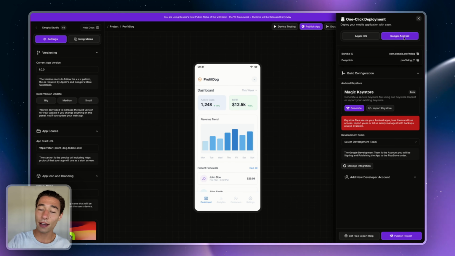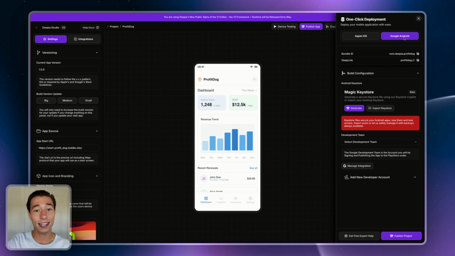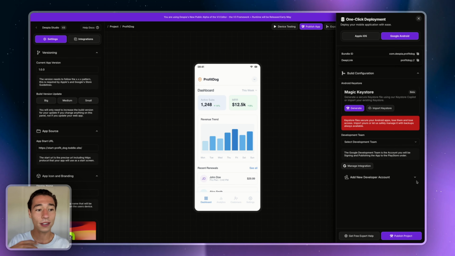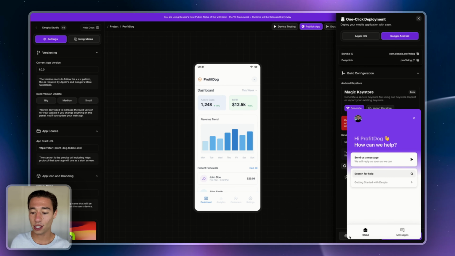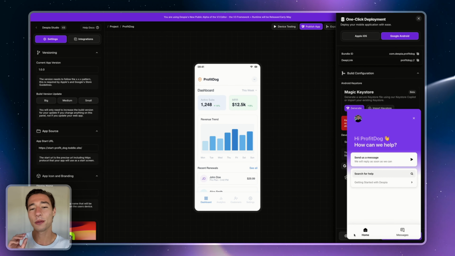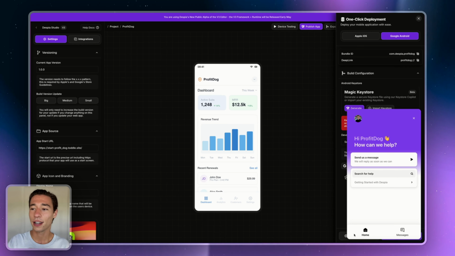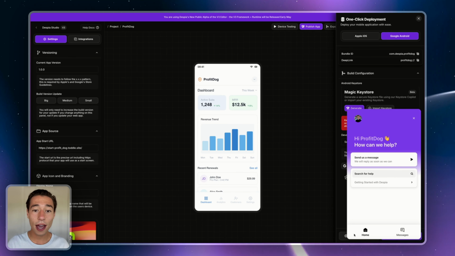Now, if you do have an existing key store and an existing application and you want to move your tech stack to Despia, you will need to adjust your bundle ID. In order to do that, you can click on Get Free Expert Help and contact our support team to request that you want to import your bundle ID, and we will be able to manually do that for you